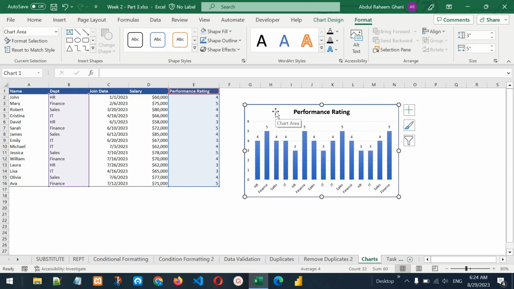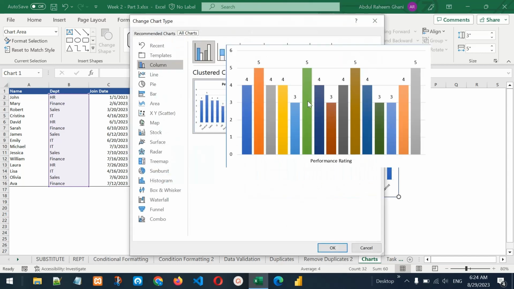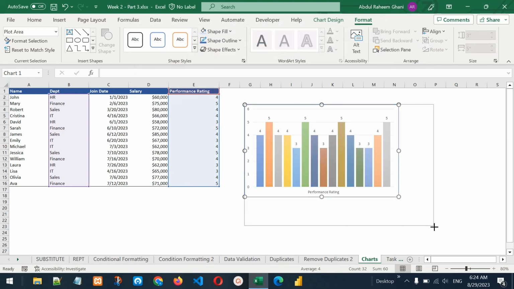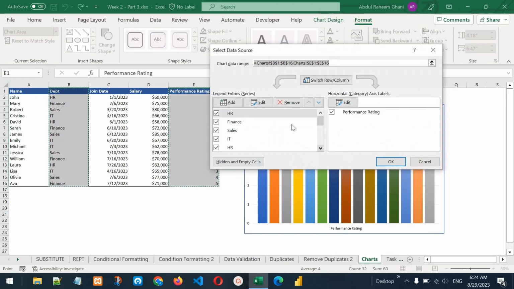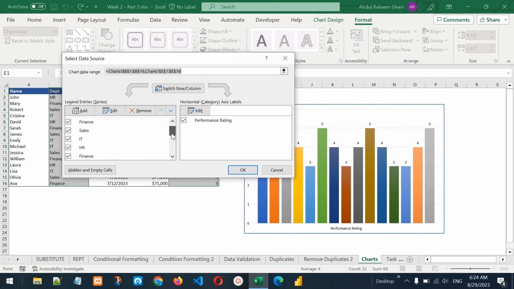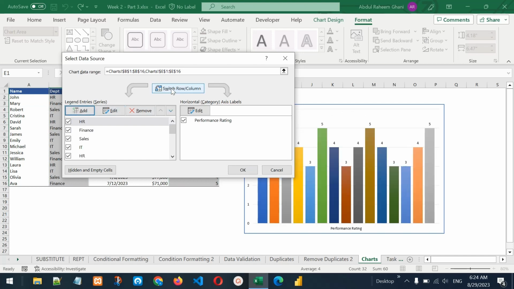I also can right click here and see other options. For example, I want to change the chart type. I can change it to this, okay, and it will be changed. Right click, increase the size of this. Right click here, select data. Under select data, you can select or deselect any values that you want from here. You can remove, you can add, you can edit, you can even switch these two, switch it back and click